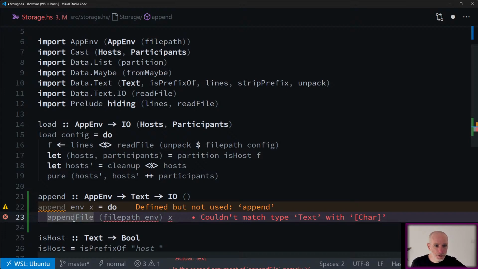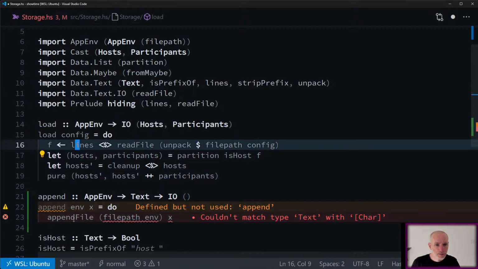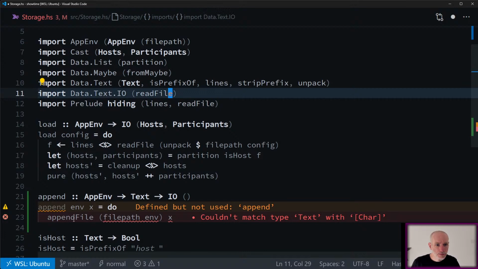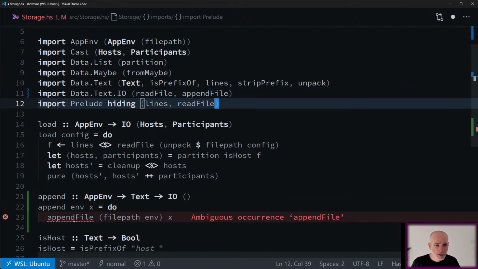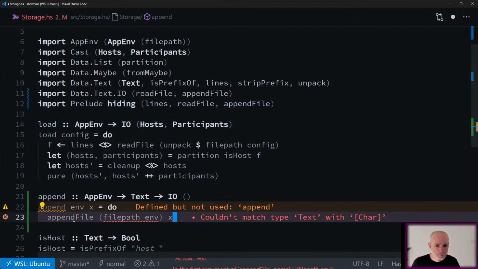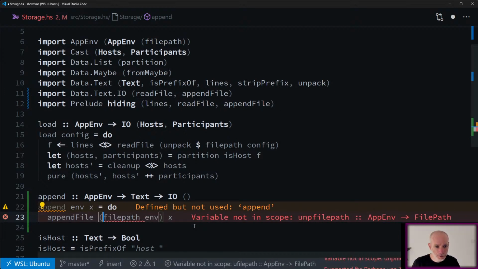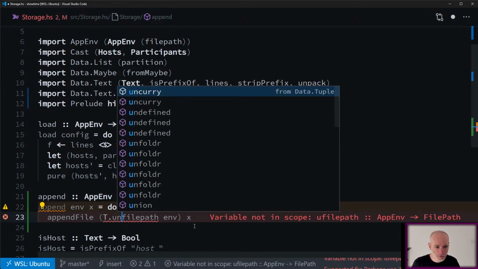Oh, which append file is it pulling in? Pulling the one from Prelude. Okay, slightly better. So now file path needs to be a string and not text, so this is going to be unpack. We t to unpack. I should really qualify that.